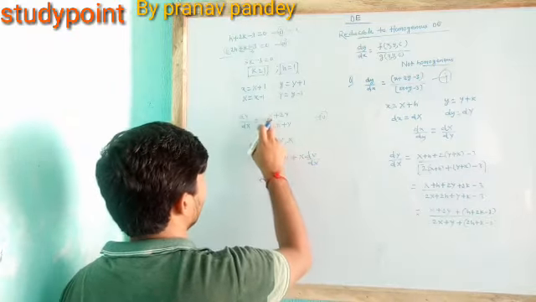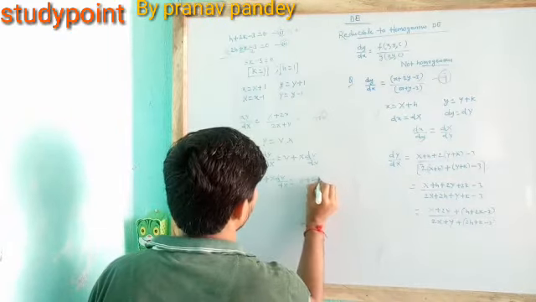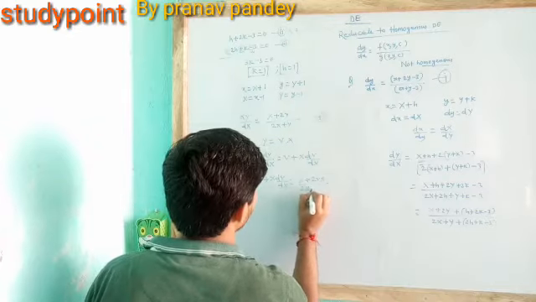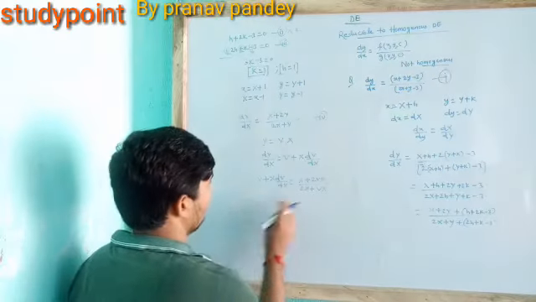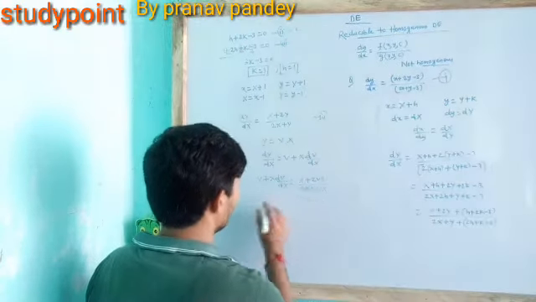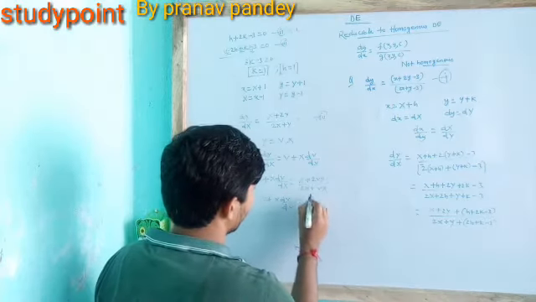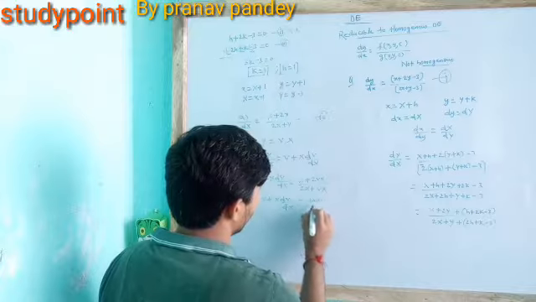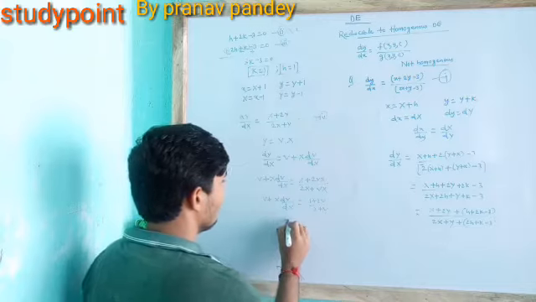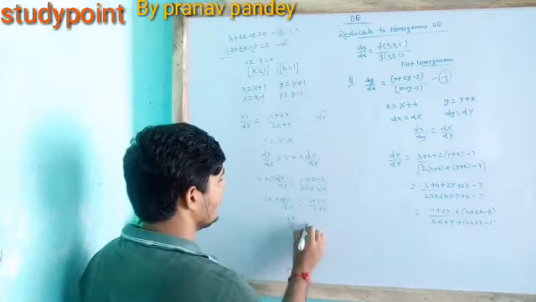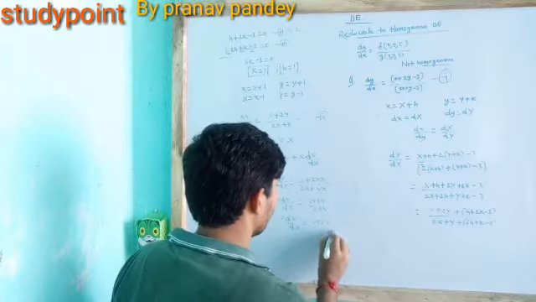we will put the value of y as vx. So we get x plus 2vx upon 2x plus vx. From here we can take x as common. So v plus x dv by dx is equal to (1 plus 2v) by (2 plus v). Now we will take v that side. So x dv upon dx is equal to (1 plus 2v) by (2 plus v) minus v.